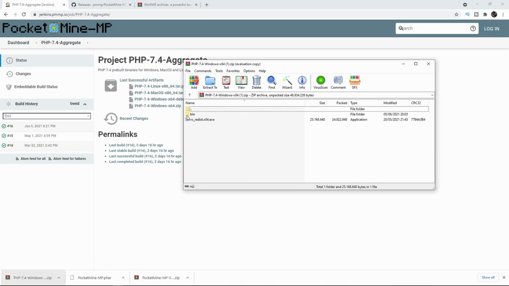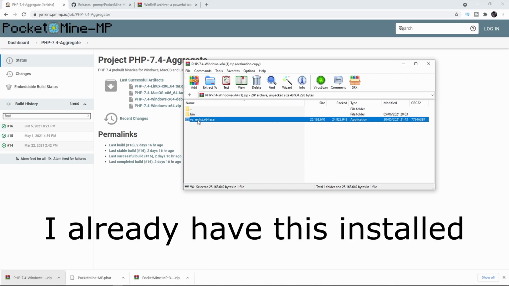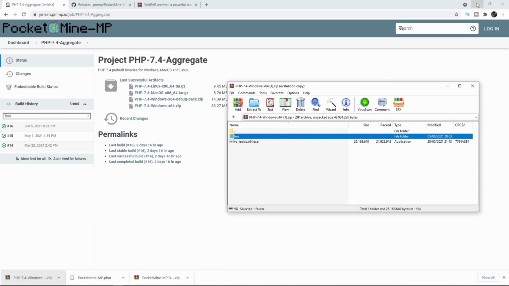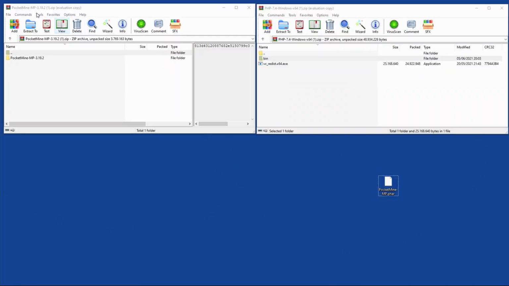We got two things in here. We have to install this one. So double click this, install it, and we're going to need this bin. So I'm going to leave this open. So we got our three downloads here. We got the Pocketmine MP, we got the PHP where we already installed the exe from, and we got our Pocketmine MP.phar. From the Pocketmine MP folder, we're going to drag that folder to our desktop